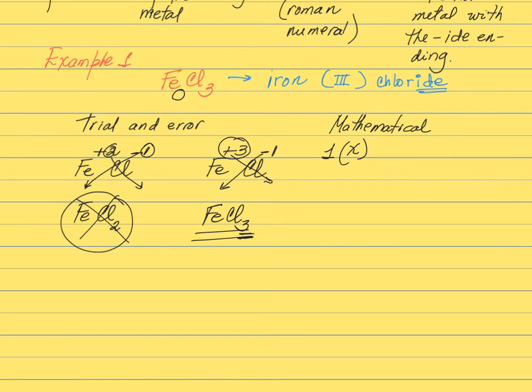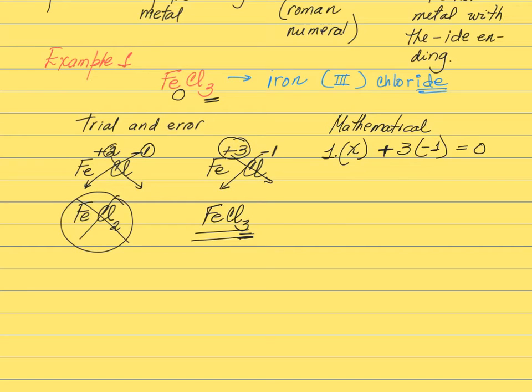So when you add the number of atoms multiplied by the oxidation number of the metal, plus the number of atoms of chlorine multiplied by the oxidation number, which by now you should know, because chlorine, fluorine, bromine, iodine are halogens, group 17 or group 7A. They need one more electron to reach chemical stability. The oxidation number is equal to -1. When you add the two multiplications, that has to be equal to 0,